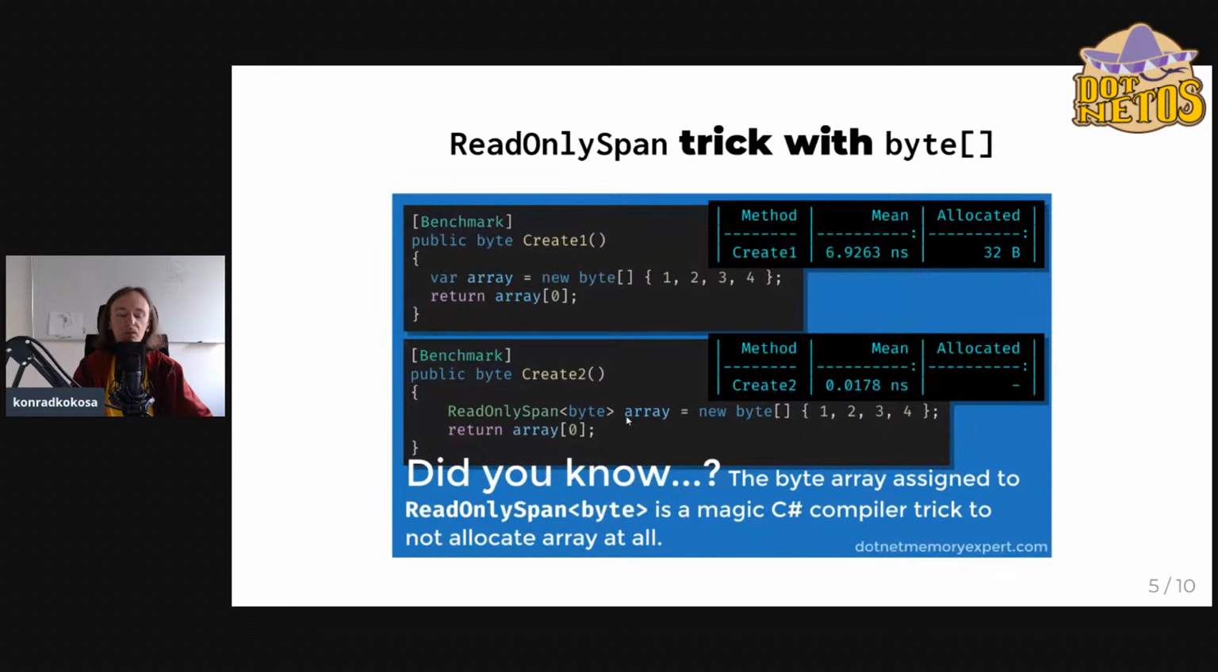to a local variable of type byte array, we are assigning it to the ReadOnlySpan. And this seems like magic, that the only difference is here. Here we have a var, and here we have ReadOnlySpan of bytes. And the difference is huge in terms of memory usage. It means we haven't allocated this array at all. As we see from the benchmark here, no array has been allocated. And because of that, this code is super fast,